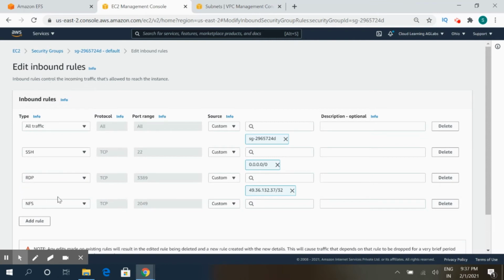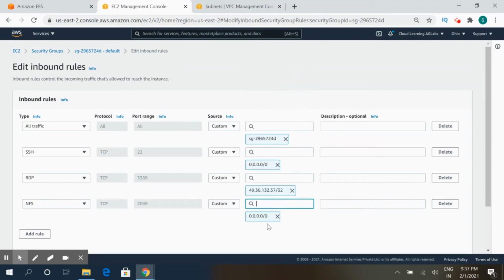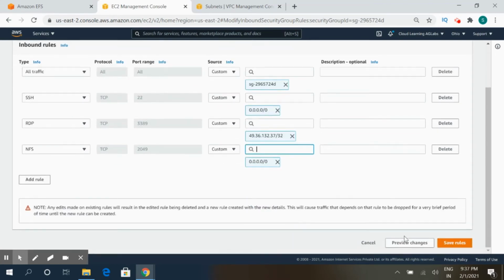So this is the NFS. The port range is 2049 and I will allow it to the public world. This way, EFS will allow the NFS protocol to access the data from this range. So this is the global IP for the internet access. So everything will be allowed for our demo purpose.